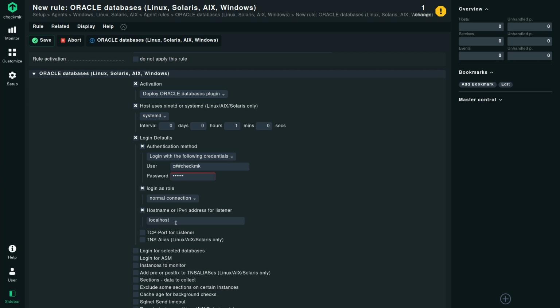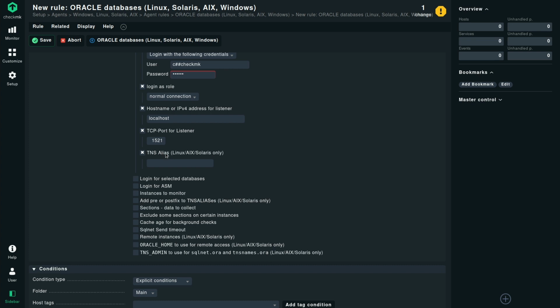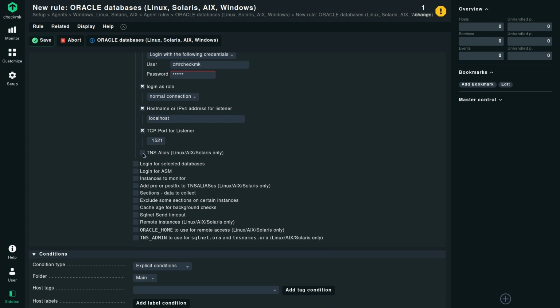Since I'm deploying this agent plugin and configuration on my Oracle database, it can stay as localhost, but if it's a different host name or IP, then you need to define it here. Click on the TCP port for listener. My default port is 1521, so I will keep it as it is. If you want to define a TNS alias, you could also define it here. I will leave this field blank.